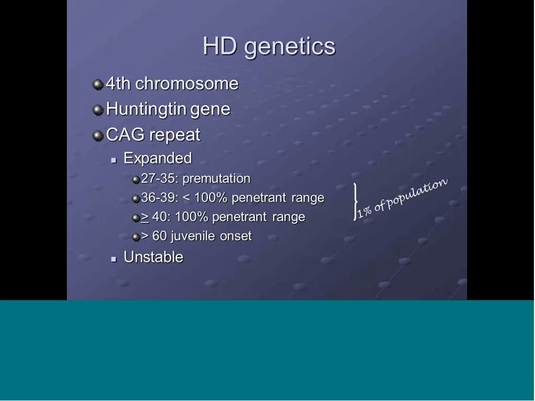Basically, patients who have less than 35 repeats are asymptomatic. Between 36 to 39, most are asymptomatic. However, more than 40 are almost always symptomatic. And if you're above 60, the higher the number, the earlier the onset of